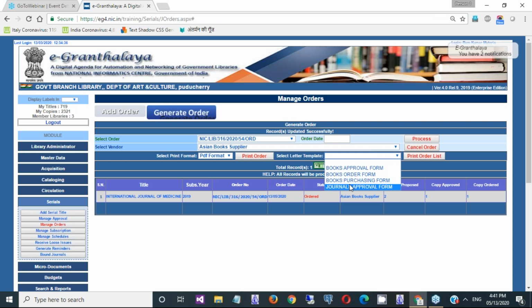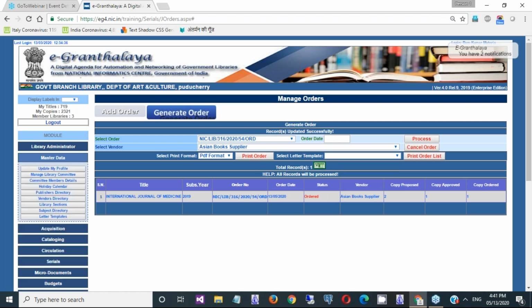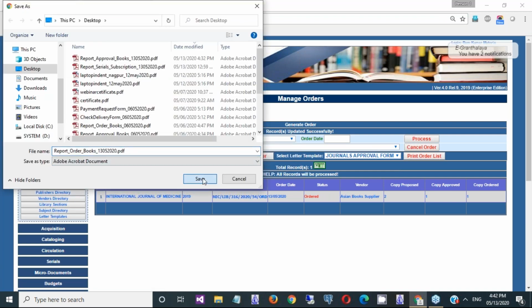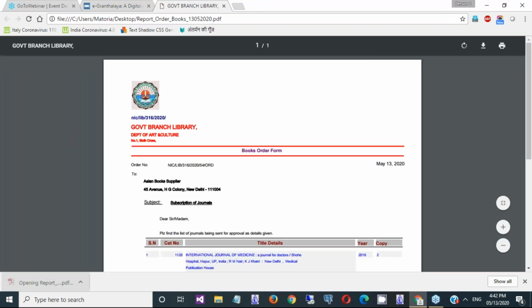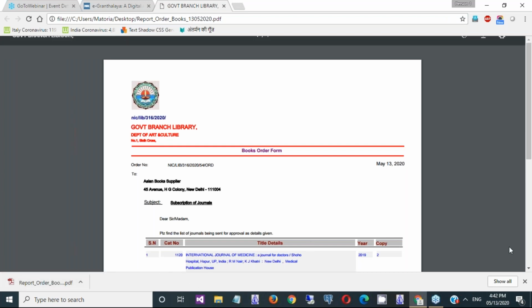As we have added the general approval form, similarly in the master module we should add a journal order form. Then you select that form here, and you can print the order in paper format and duly send it by mail or by post as you wish.